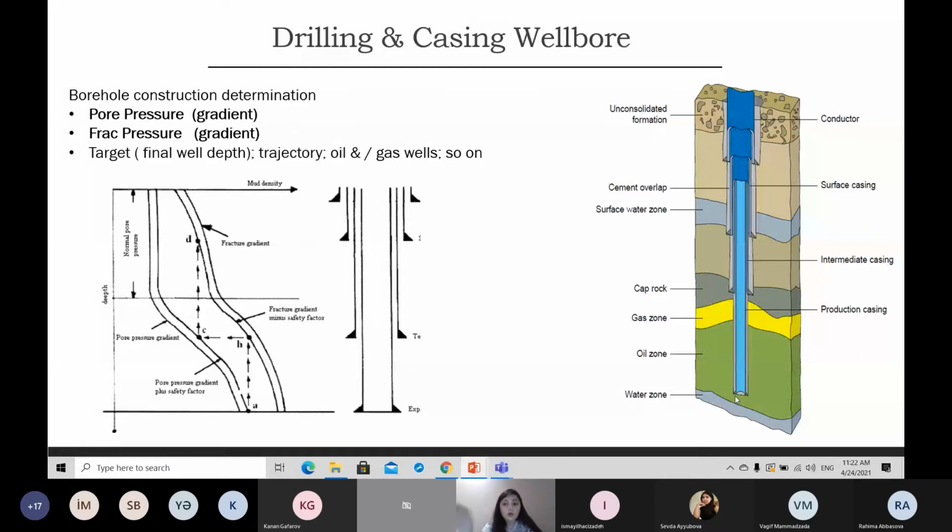and we have a surface water zone, a shallow water zone we call it, and in some parts we have shallow gas zones. At the bottom, we have the reservoir with condensate, oil, gas. We have formation fluids, right? If we drill just once, it's not technically possible because of pore pressure and frac pressure gradients. The pore pressure and frac pressure gradient profile is coming from geologists,